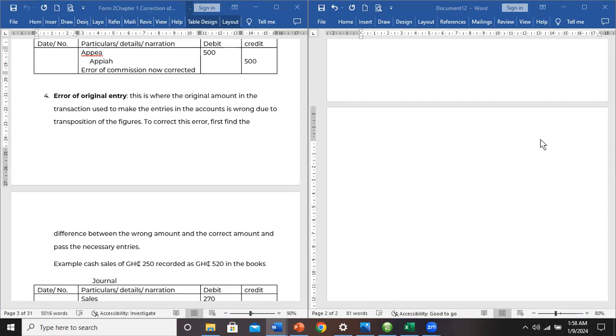Error of original entry. This is where the original amount in the transaction used to make the entries in the account is wrong due to transposition of the figures. To correct this error, first, find the difference between the wrong amount and the correct amount and pass the necessary